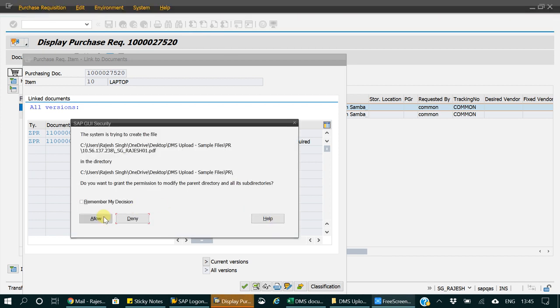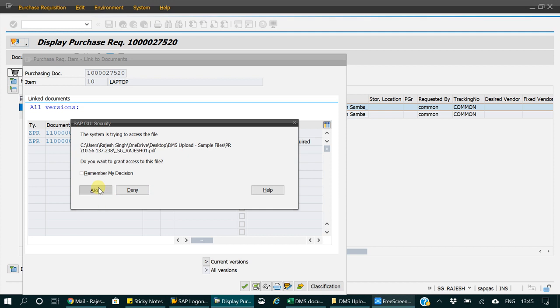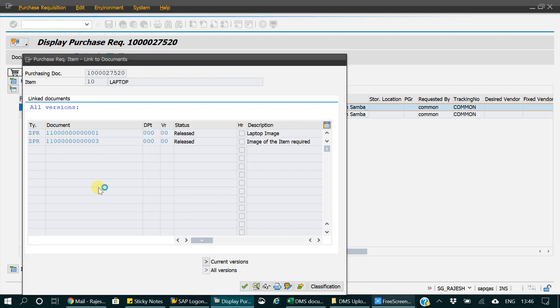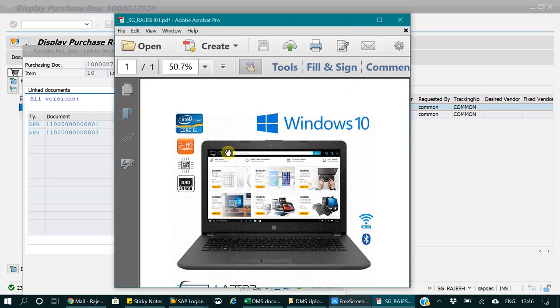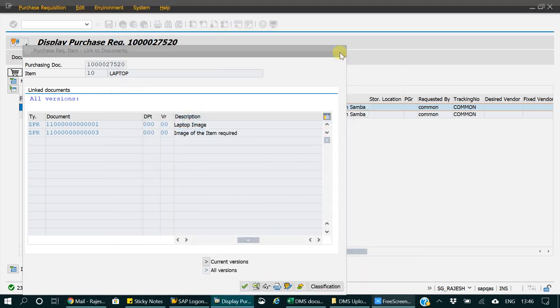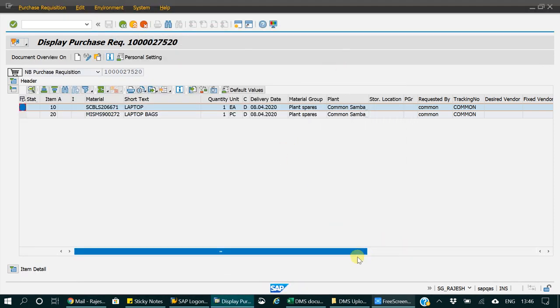You have to give the permission. You can see this was the document which we have attached earlier, right? So this is it. This is the way to attach the document in DMS SAP for purchase requisition. Thank you.